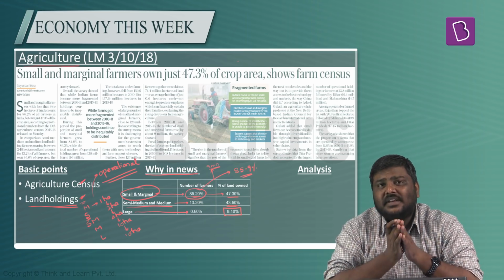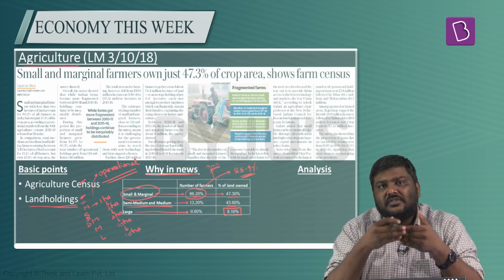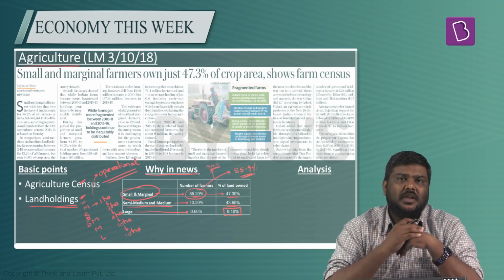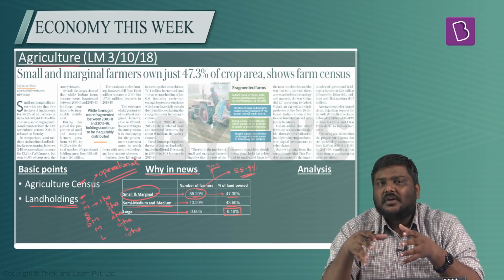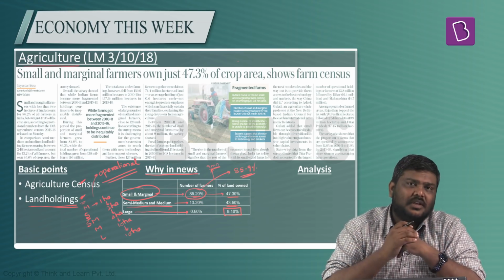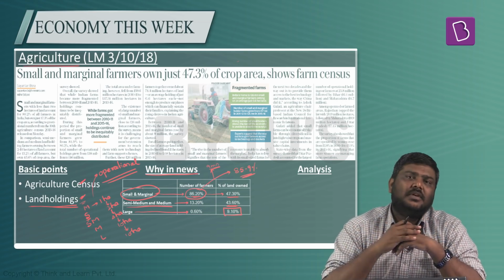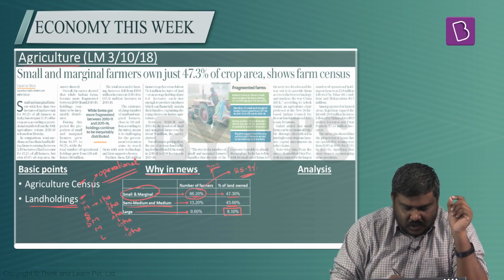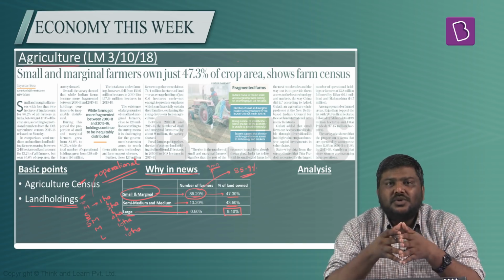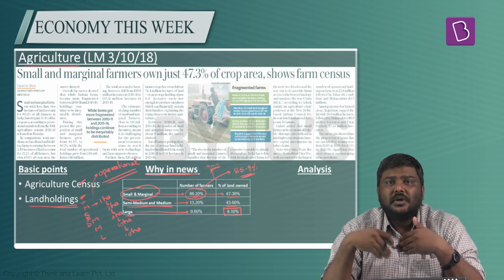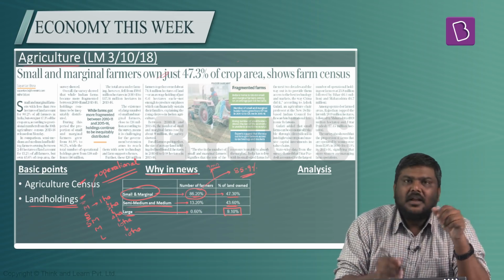That is the precise reason it is said that in case of India, the majority of the cultivation or farming is subsistence farming, wherein a substantial part of the production done by small and marginal farmers will be kept for self-consumption, whereas the commercial cultivation, which will lead to higher incomes for the farmers, is only done on large farming units. So what the Government of India needs to do is ensure that cooperative farming becomes more and more practiced in India. So this is the basic gist of this particular article.